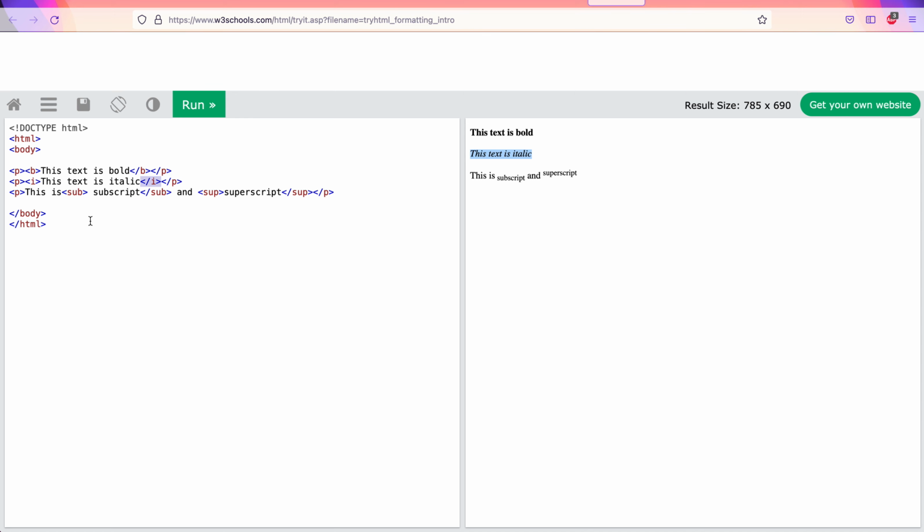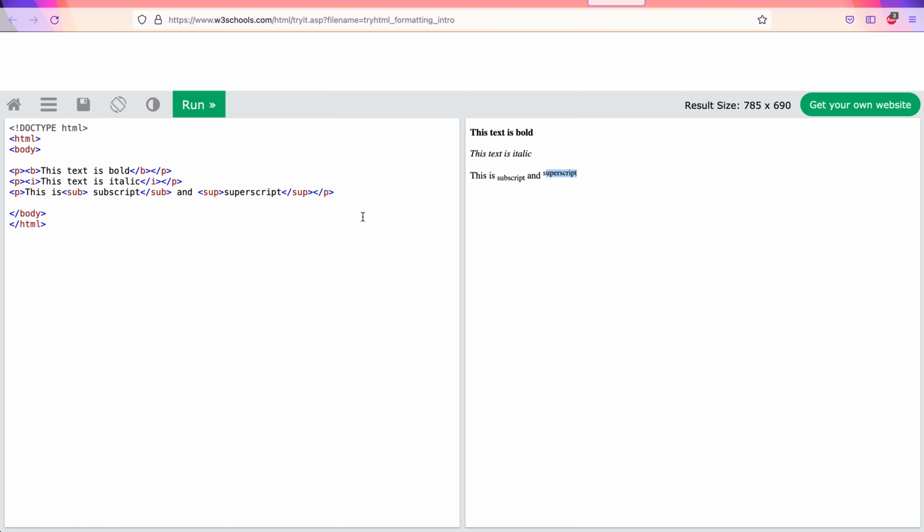For the subscript, there is a tag called sub, which you can use to get a subscript. It is a paired tag. There is a beginning sub tag and there is an ending sub tag. Whatever is there in between these two is displayed slightly below the line of writing. And there is a sup tag. This is for superscript. This is also a paired tag. Whatever is there between the beginning superscript tag and the ending superscript tag is shown slightly above the line of writing.